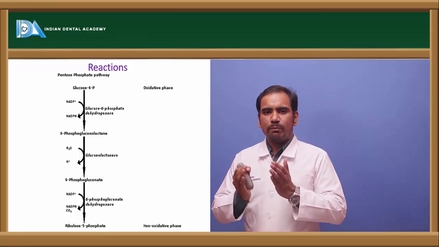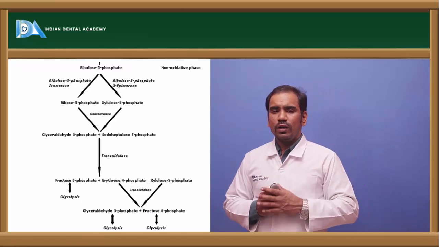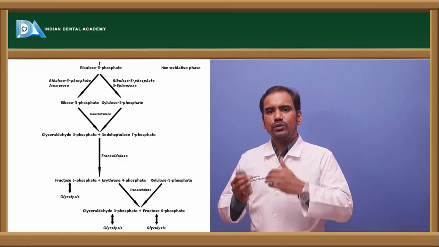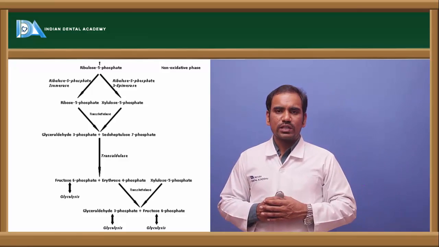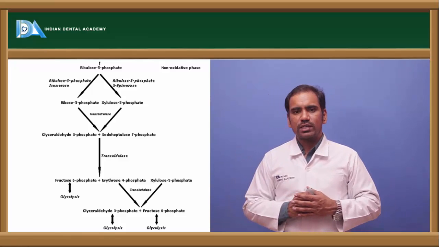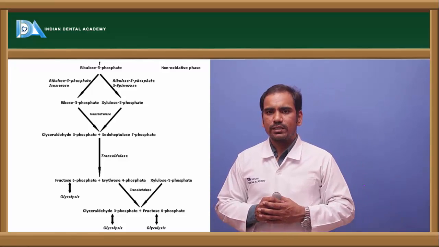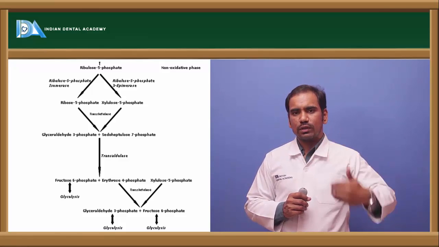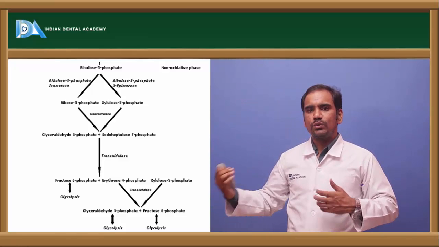In this phase, the important compound generated is NADPH. Now coming to the non-oxidative phase, what happens there? There is interconversion of different sugars. For example, the ribulose 5-phosphate formed in phase 1 is now isomerized to ribose 5-phosphate, and it is converted into xylulose 5-phosphate by the action of epimerase. So isomerase converts ribulose 5-phosphate into ribose 5-phosphate, and epimerase converts ribulose 5-phosphate into xylulose